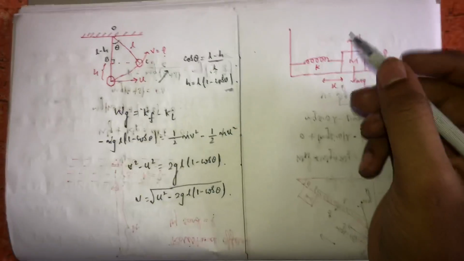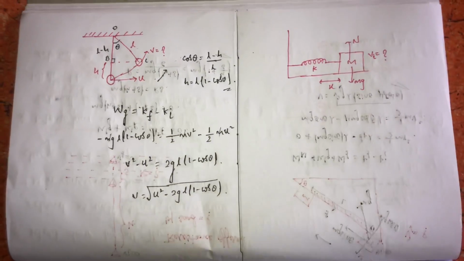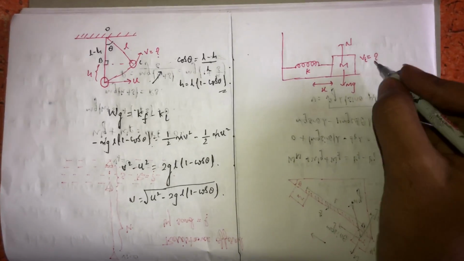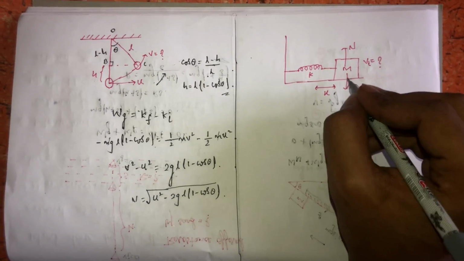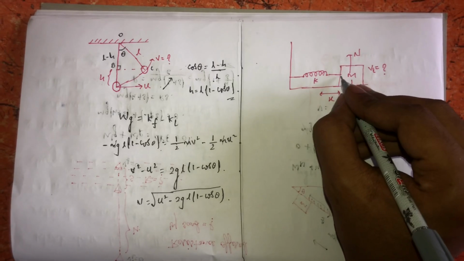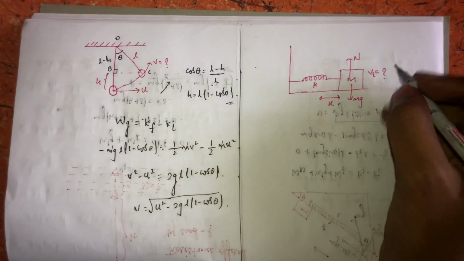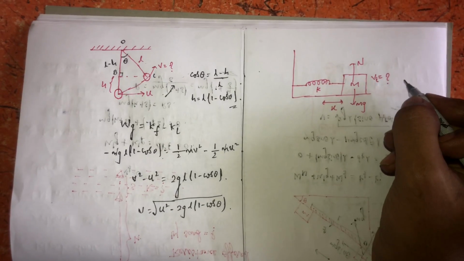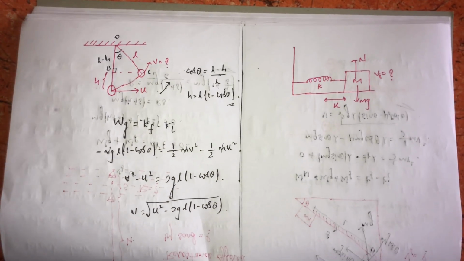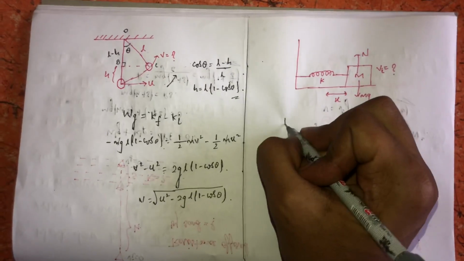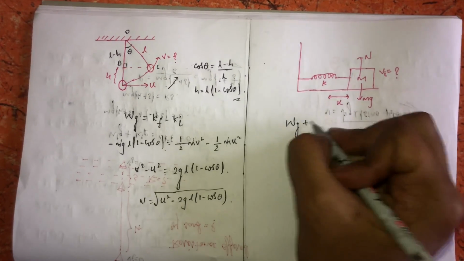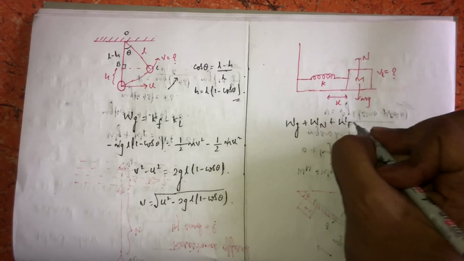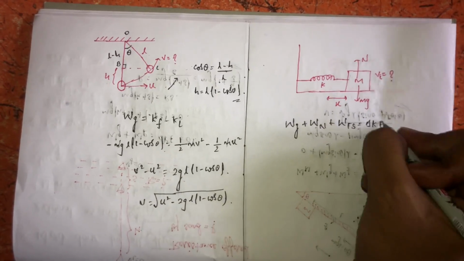Let's see another problem similar to the previous one. As in the previous problem, the block of mass m is coming towards the spring, but here the free end of the spring is directly attached to the block of mass m and is dragged with the initial velocity u. So what will be the initial velocity if finally it comes to rest? Here, work due to the different forces acting, gravitational force plus normal force plus frictional force, spring force will be equal to the change in kinetic energy.